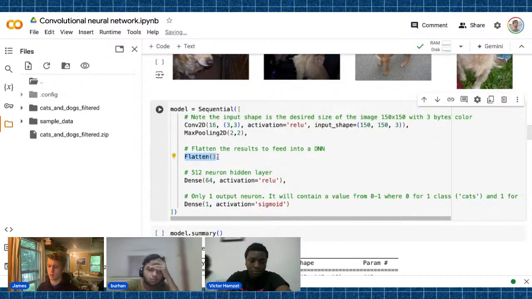Does anyone want to take a guess what this flatten layer does? Probably because the images are like the colors are like 3 items, like RGB, probably, I'm not sure, and flattening them out to a single value or something. Close, but